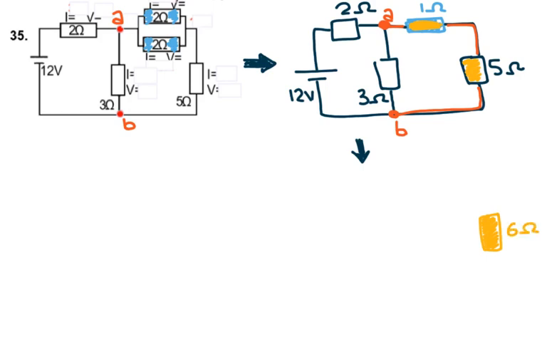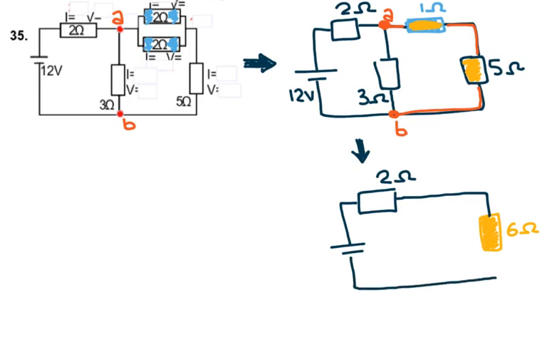And then I copy the rest of the circuit. So I still have 2 ohm resistor. I have my battery. Here is the point A, here is the point B, and I still have 3 ohm resistor